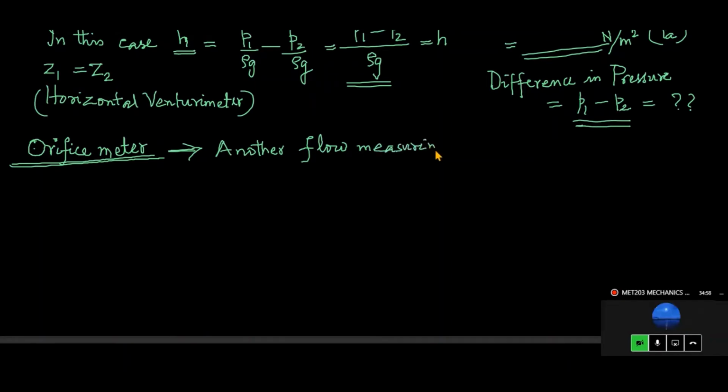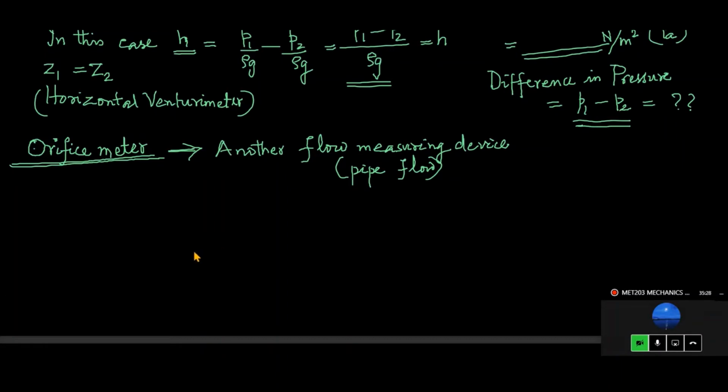Another flow measuring device, okay, for the measurement of flow through pipes. So in pipe flow, not open channel flow. Okay, pipe flow, just like Venturi. But what is the advantage and disadvantage? You may be asked to write, and what is essentially the type of measuring device this is, and that we have to discuss.